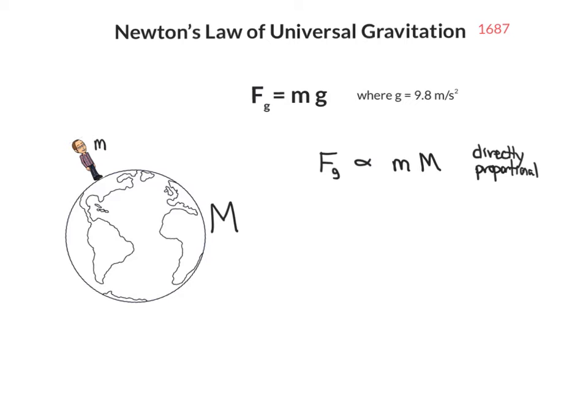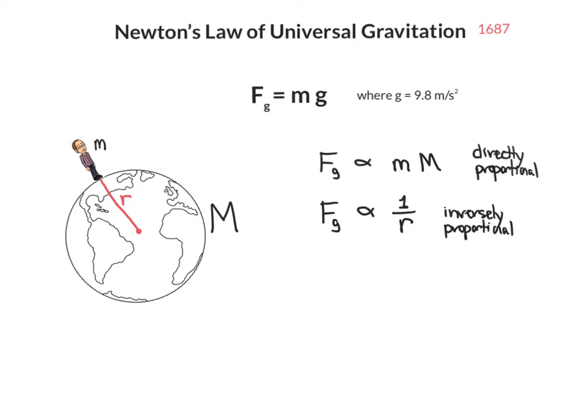Newton also realized that the farther I am away from the Earth's center, the less the force of gravity can pull on me. That is, if I were to hike to the top of Mount Everest, the Earth would not be able to pull as hard on me because I would be much further away from the Earth's center. That is, the force of gravity depends inversely on the distance away from the center of the Earth. We can see here that the force of gravity is proportional to the inverse of the distance away from the